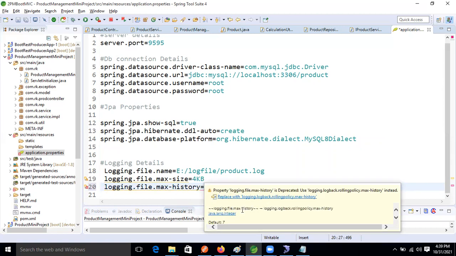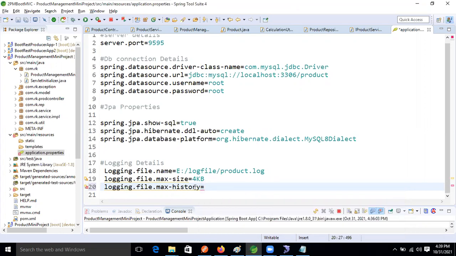Okay, see this, guys. It's visible. What is the default day showing now? 7 days. Okay, you can make it 10 also. If you want 10 days, increase that.